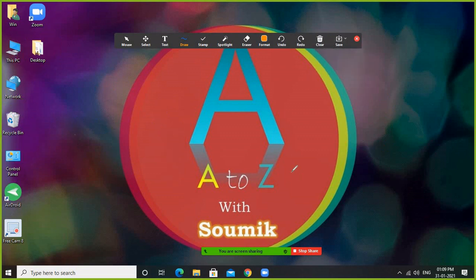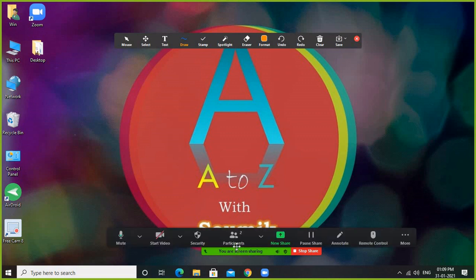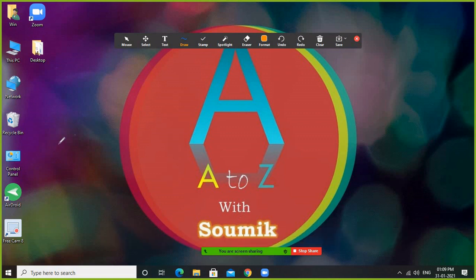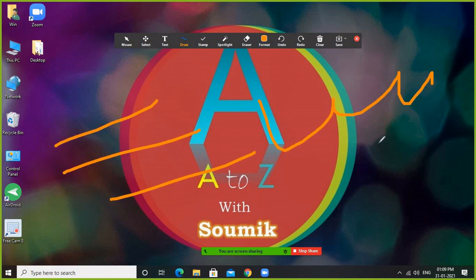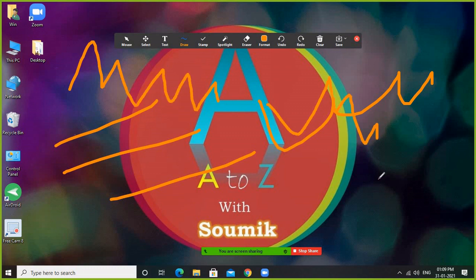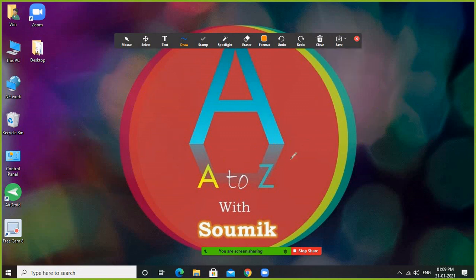When you share your screen, if you are able to annotate, meaning write anything on your screen, students can also write anything on the screen at the same time. So you need to disable this option from the student's point of view, meaning the annotation option should not appear on the student screen. So how should you do this?